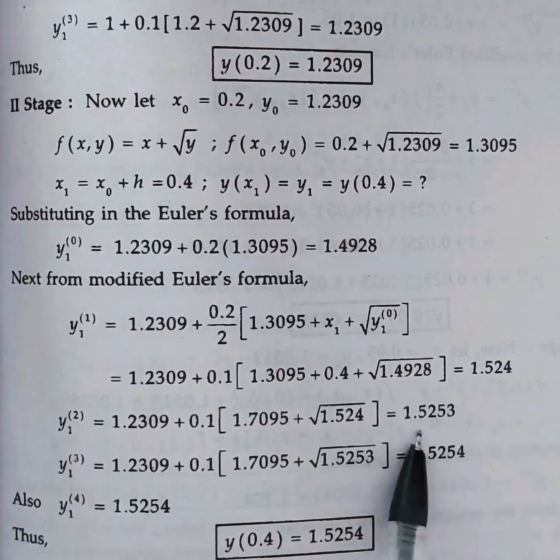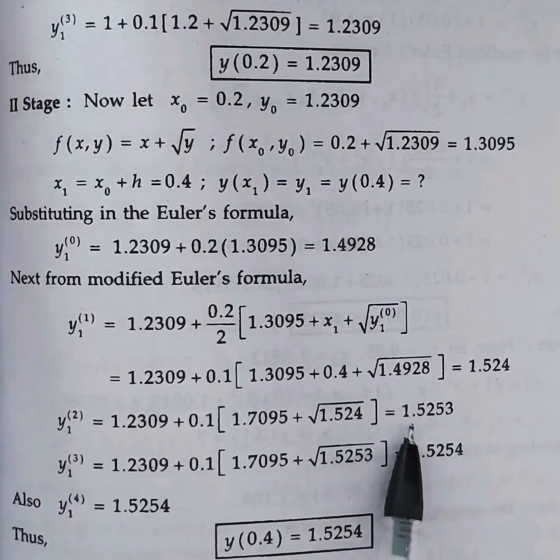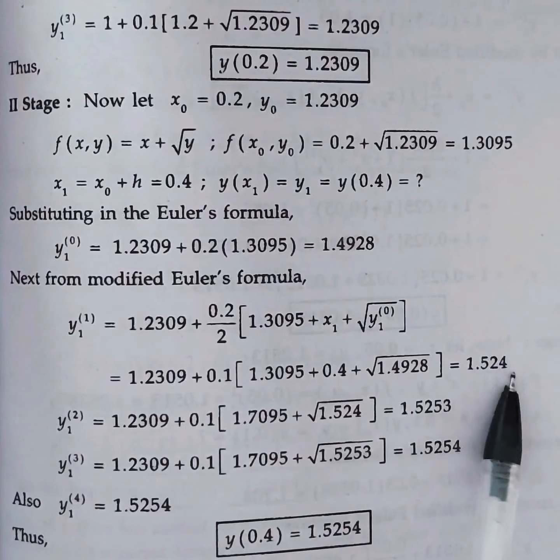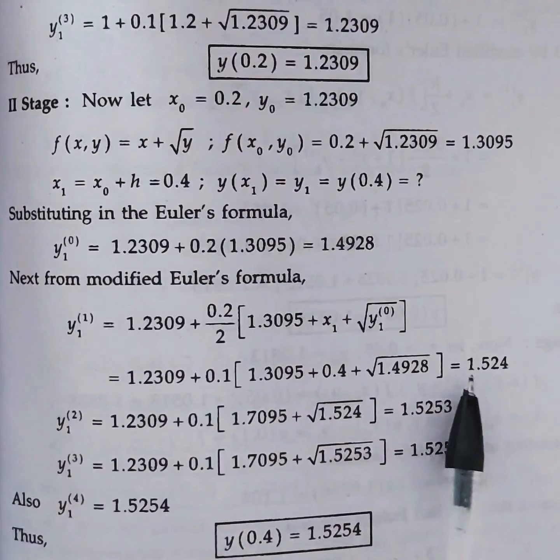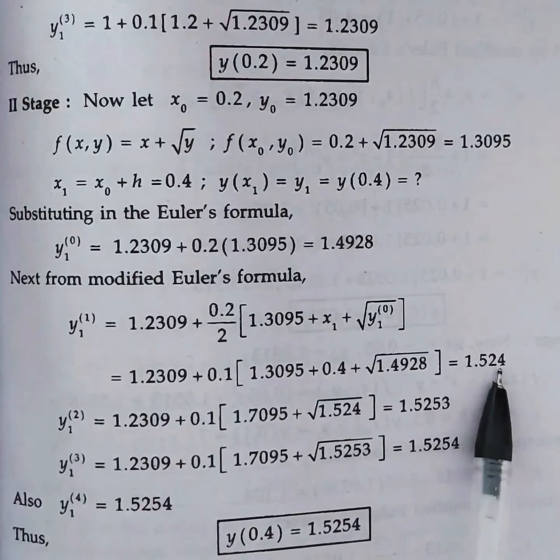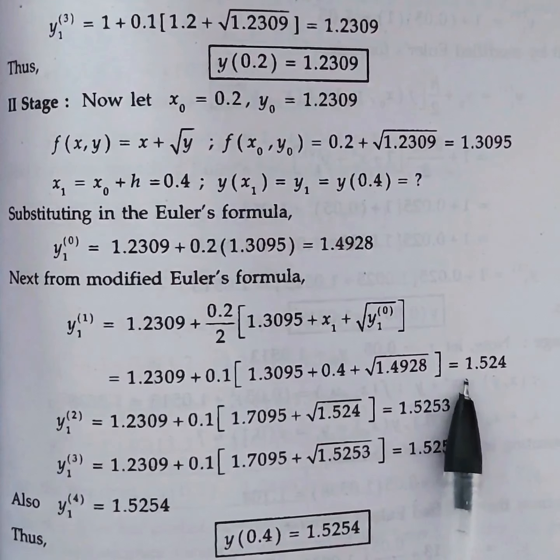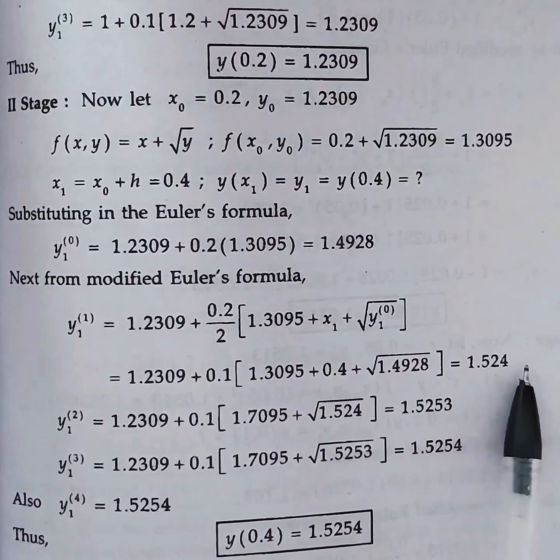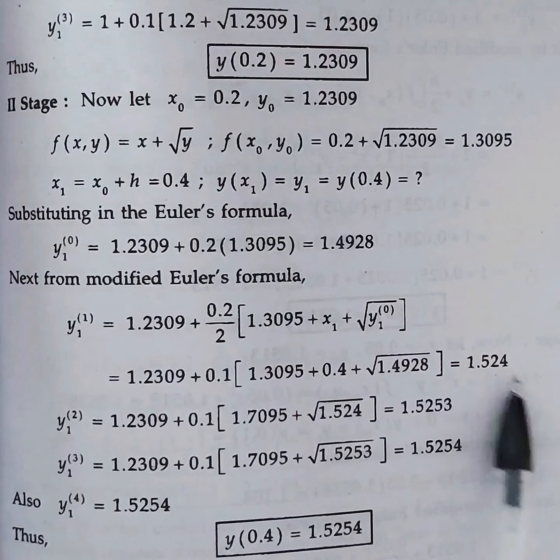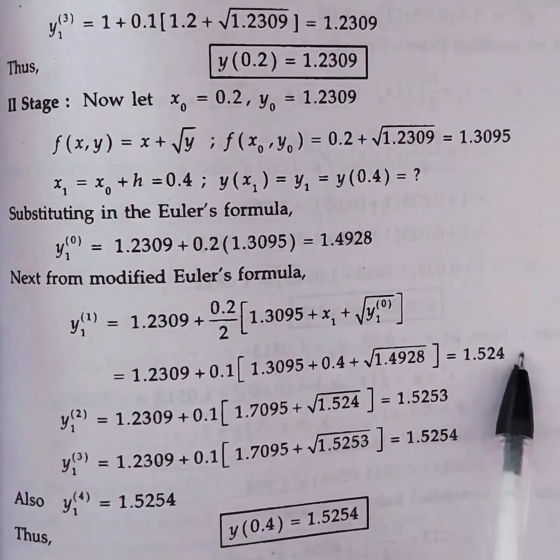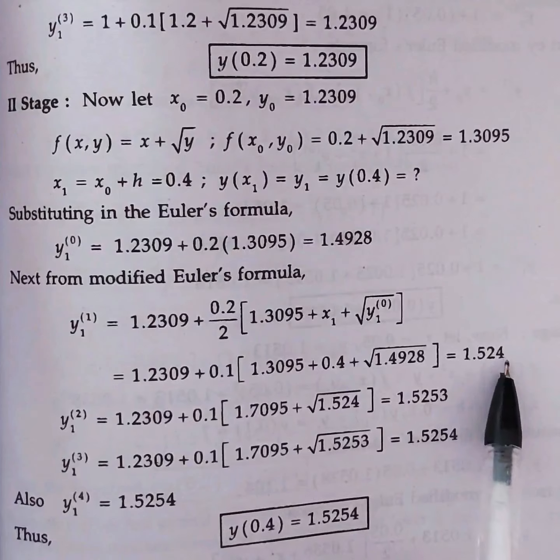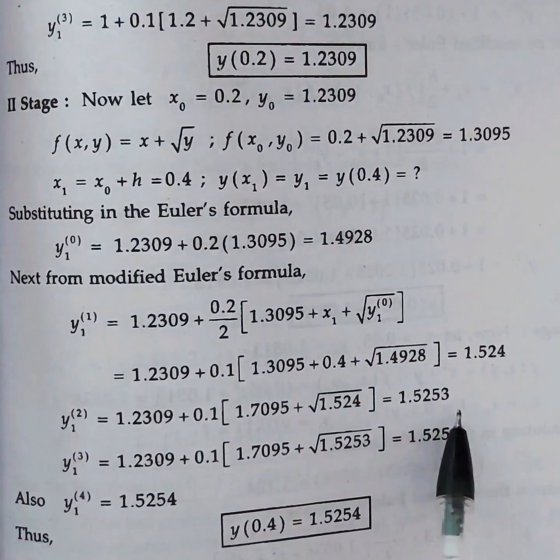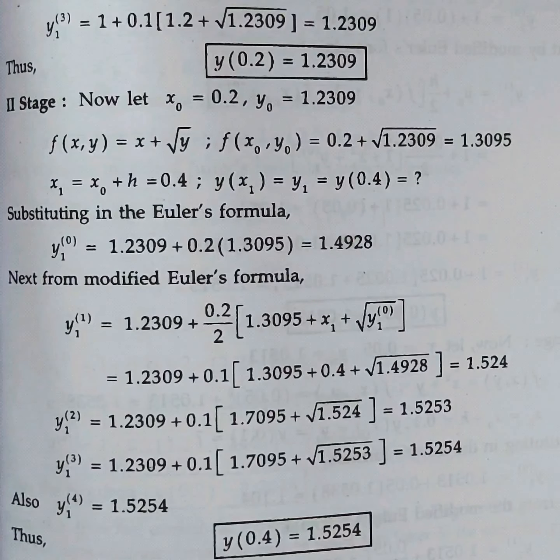And if you see here, there is a very mild difference: 1.524, 1.5253, 1.5254. So please truncate the last digit properly. Again I repeat, in case it is 1.5246, when you are writing you will write 1.525. If it's 1.5241, then you will write 1.524. And here the next digit could be 0, that's why there is no fourth digit. Always truncate up to a minimum of 4 digits. Write up to the 4th digit and truncate the last one, so that you will get an accurate answer.